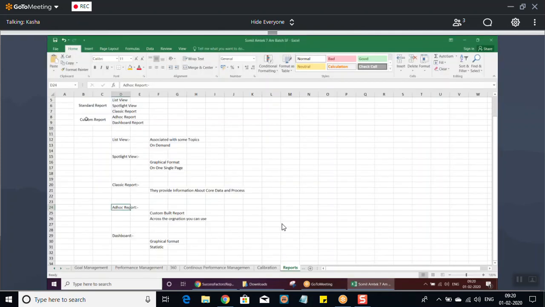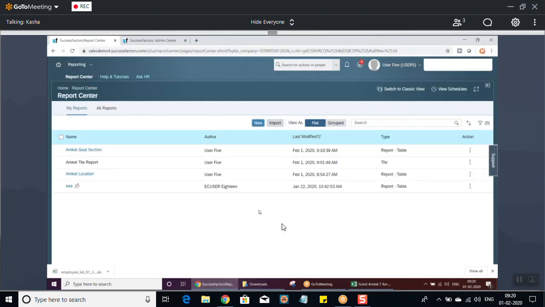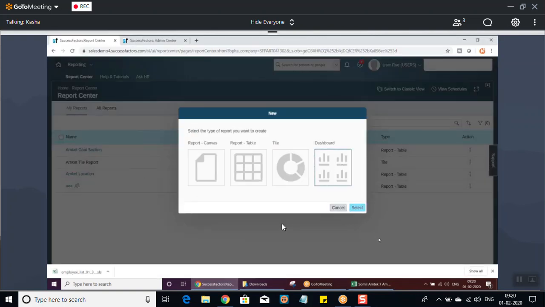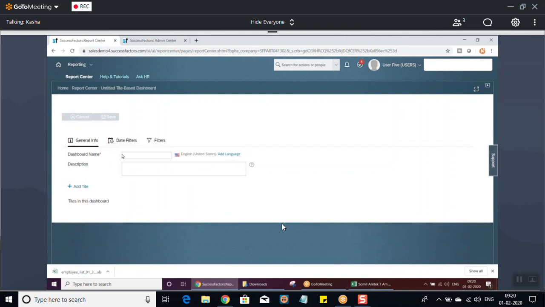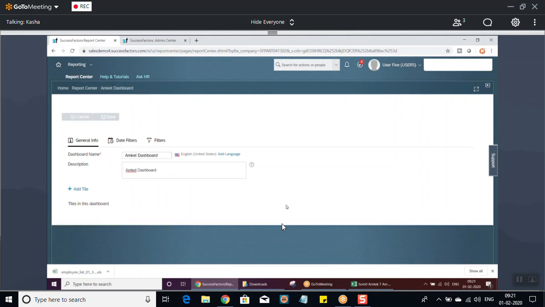So that was your custom report, and let's also talk about the dashboard report. So here, if you click the new option, you can see the dashboard report, right? So select this option and again come here into your same report. Here you will give it as a dashboard. So let's give it here as an MTech dashboard. Same thing here also, I have taken it as an MTech dashboard. In the description also, I'll put MTech dashboard,